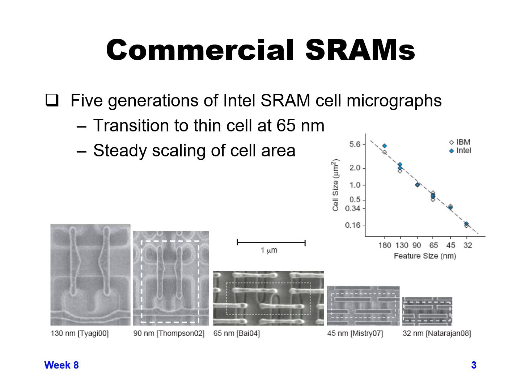You can see that the 65, 45, and 32 nanometer all use the horizontal poly and this what they call thin cell